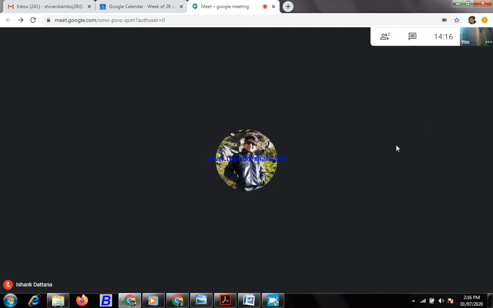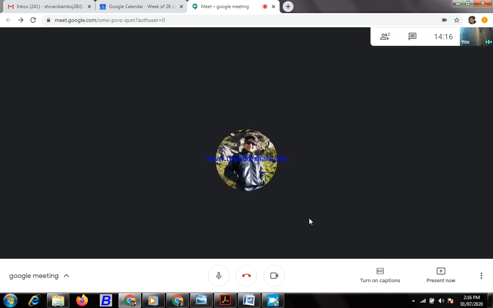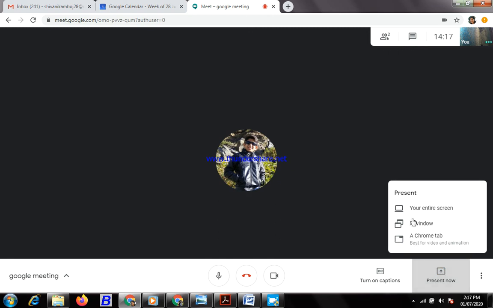Now how to share any type of file in your meeting: you go to the present now option, and you will get these three options. You want to share an entire screen, or you want to share any other window or a Chrome tab.